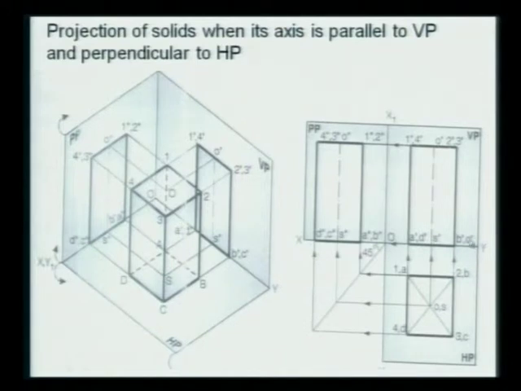So above the XY line there is the vertical plane, and below the XY line there is the horizontal plane, and this is a full vertical plane. So you will get the front view on the vertical plane and the top view on the horizontal plane, and for the side view we will go to the principal plane. Are you getting the point? How is this projected?